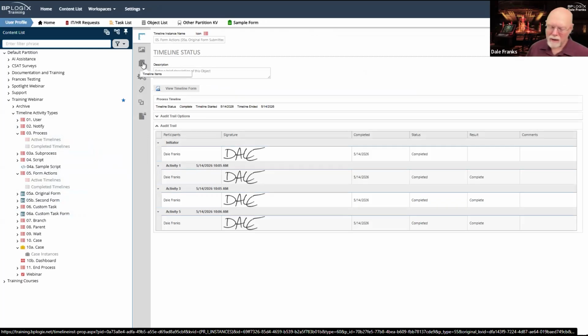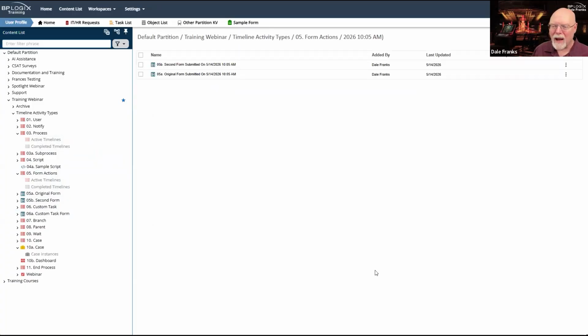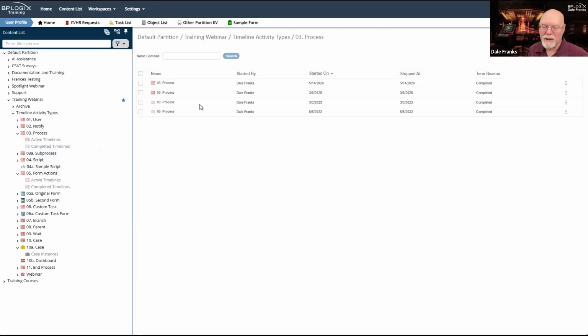Now, I don't like that when I click timeline items, it gets rid of the tabbed interface. I really hate that. However, at least it shows me what I want to see. And what I want to see is the fact that I have 2 form instances attached to my process timeline, O5B and O5A. And if we go back up here to the process and sub-process,